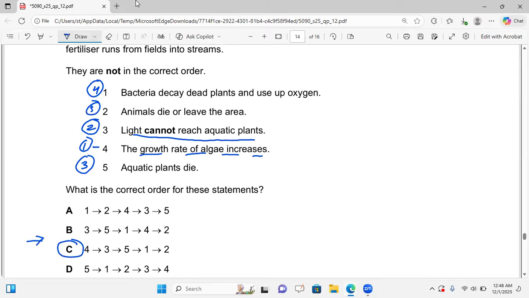So this was our today's paper, which I tried to explain, and